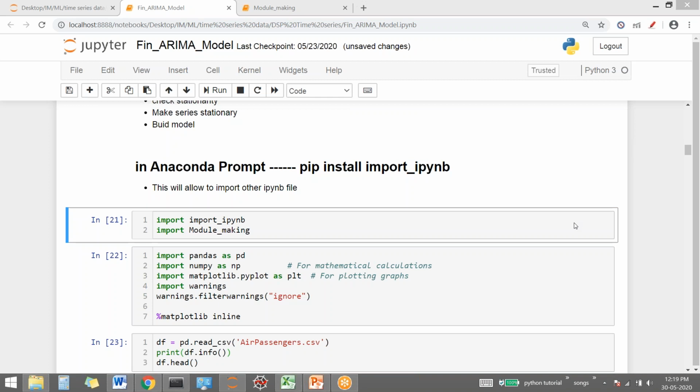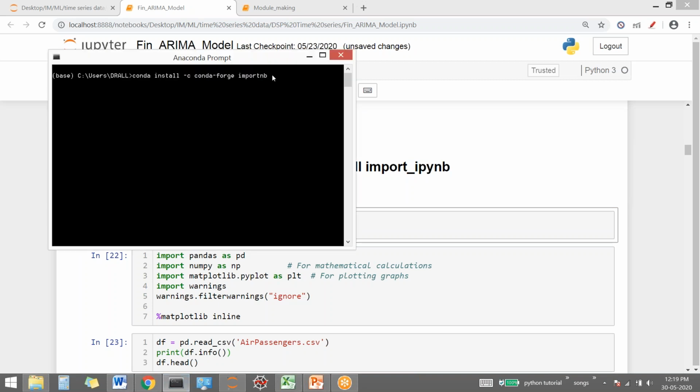See, try this pip install. Go to this Anaconda prompt and type this command pip install, which I've just sent you. Achal, you also type this command into your Anaconda prompt. In mine it says already satisfied. Run this command pip install import ipynb.